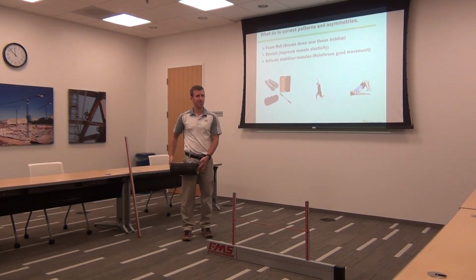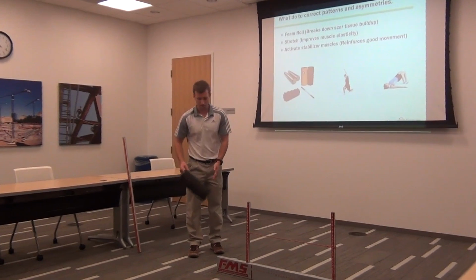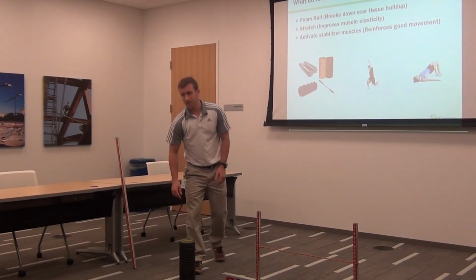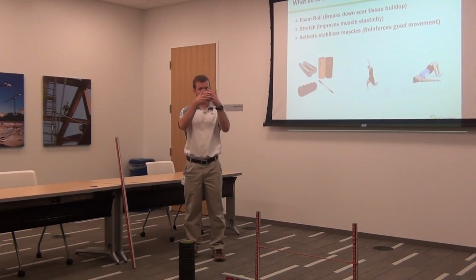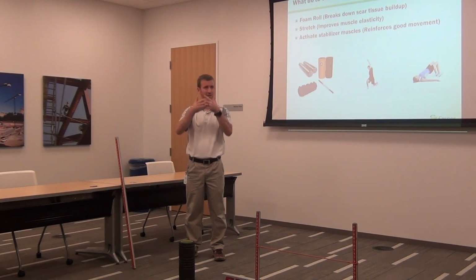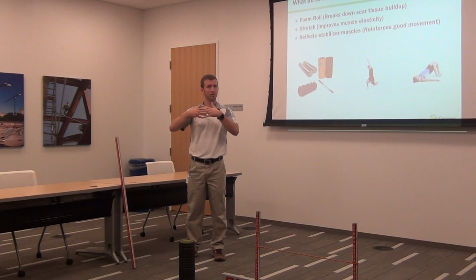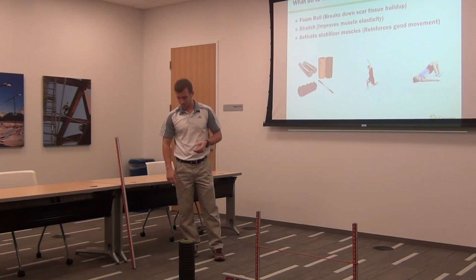And you remember the scar tissue that we were talking about earlier? What a foam roller does is it goes in, and that scar tissue that's gummed up, you're going to put pressure right on it, and it's going to break it up. It's going to allow the blood flow to get in there. So now it's going to wash away some of that extra collagen, and your muscle's going to be able to work properly again. Okay?